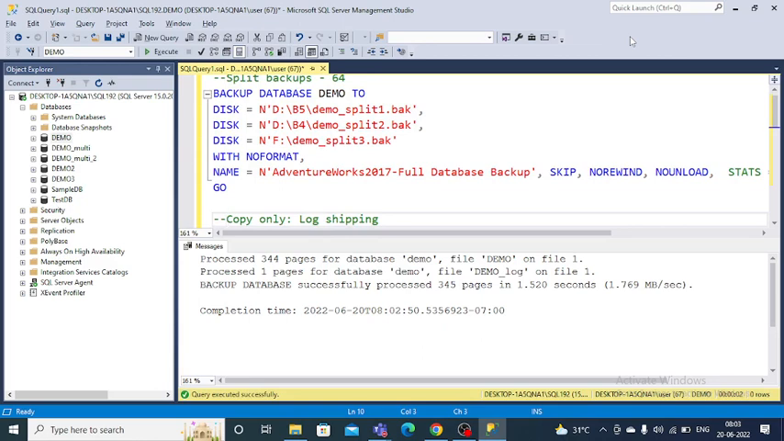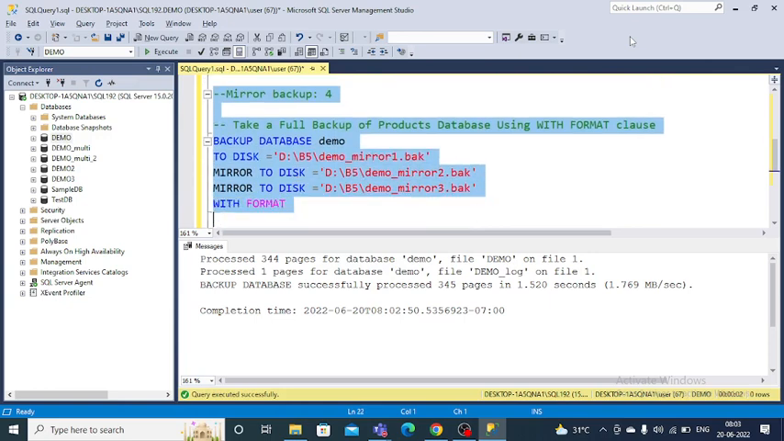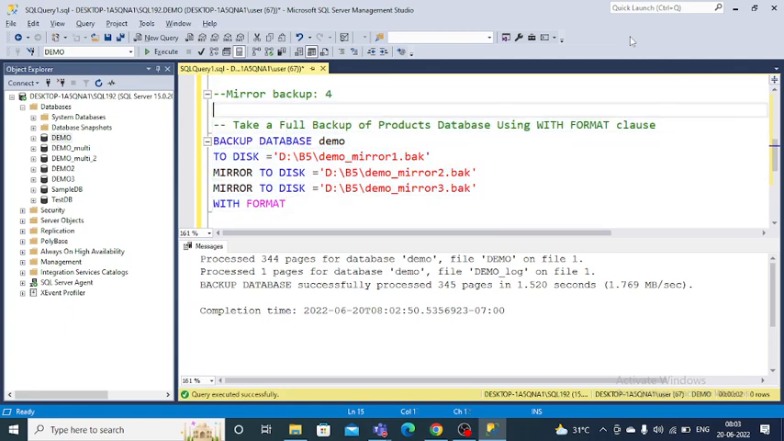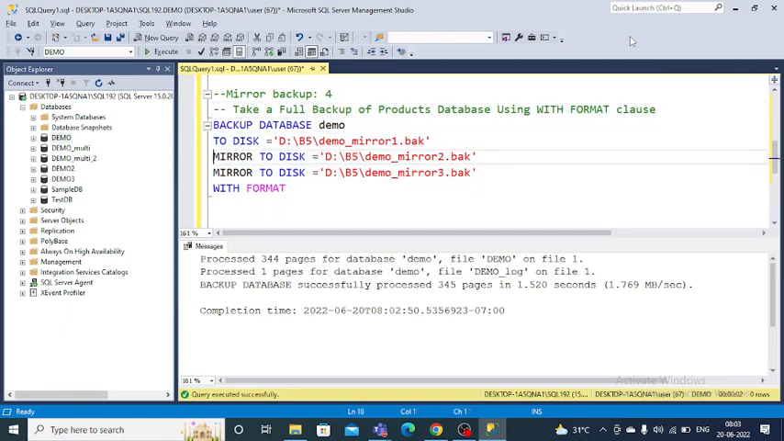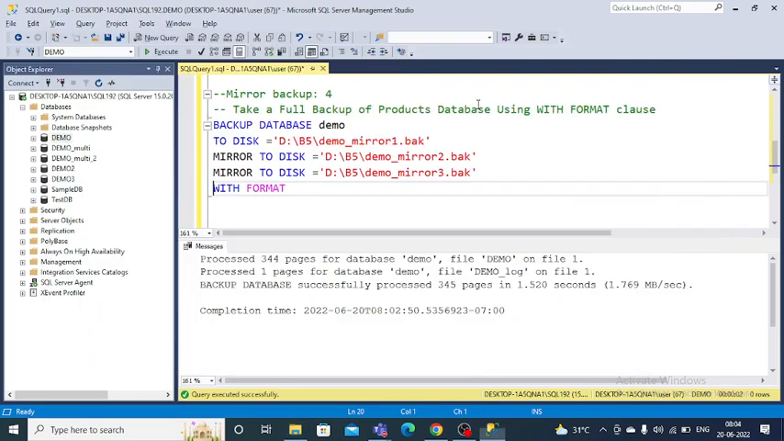Copy only is normal, a very rare case we use this one. But mirror backup we don't use, because if you have one full backup file, that's fine. It is not required to maintain multiple full backups. Okay, any doubts on these backups? If you don't have any doubts, I will move on to the next